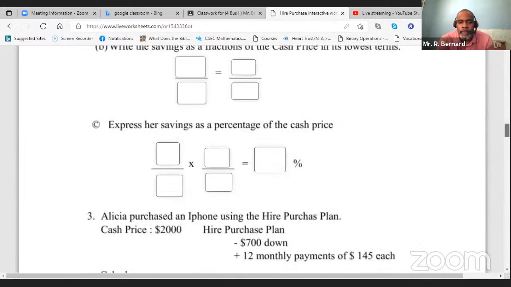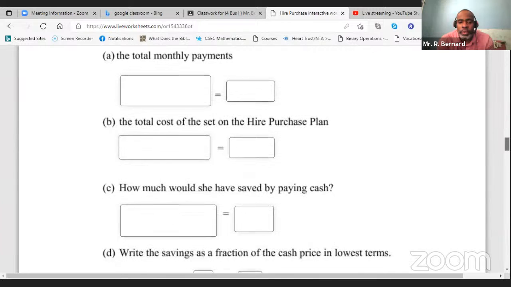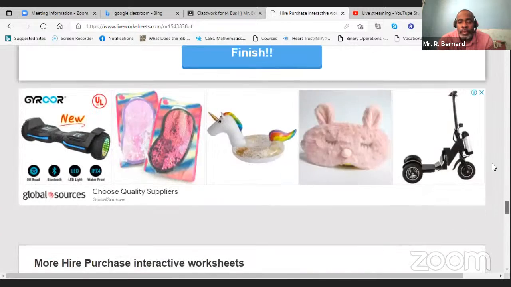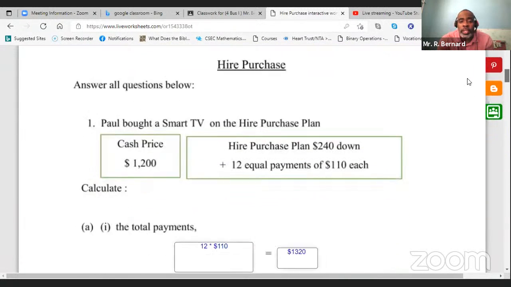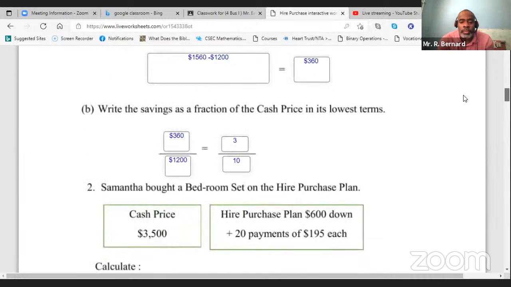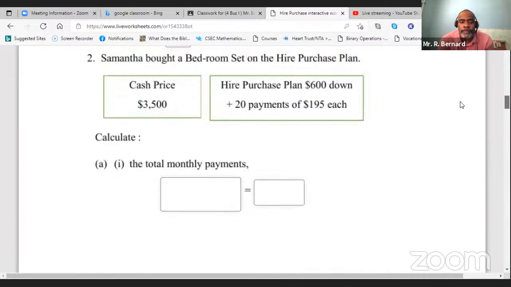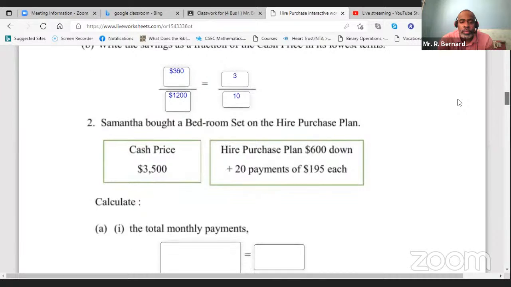This worksheet is a very good worksheet to learn from, because just as the exam question is structured, it is the same way this one is structured. All right, before we go any further, though, let's address the issue about